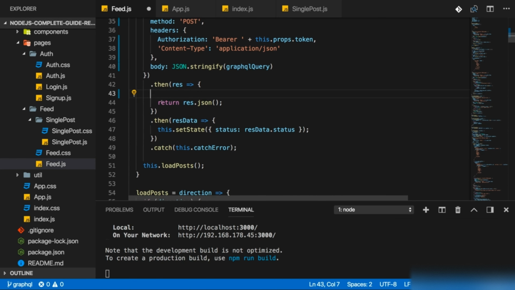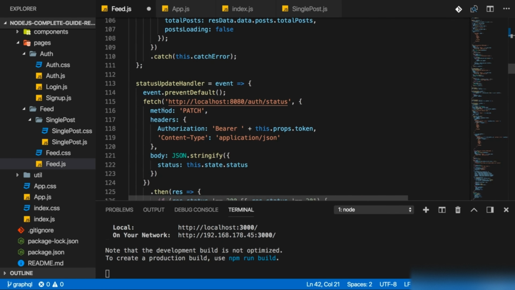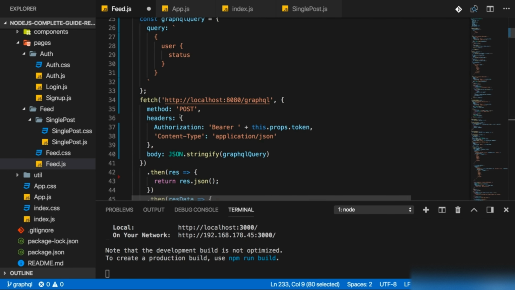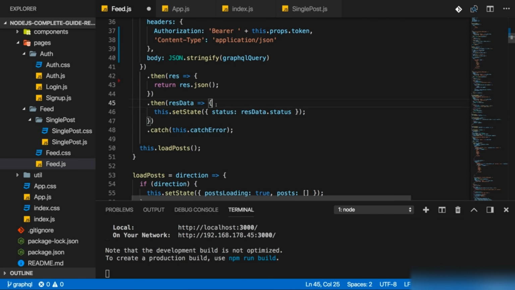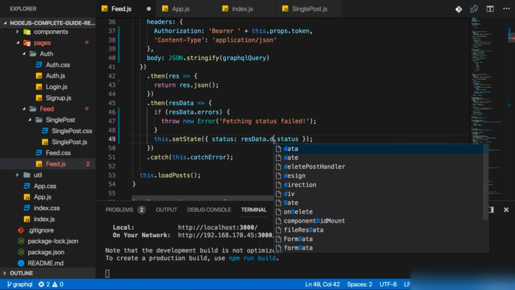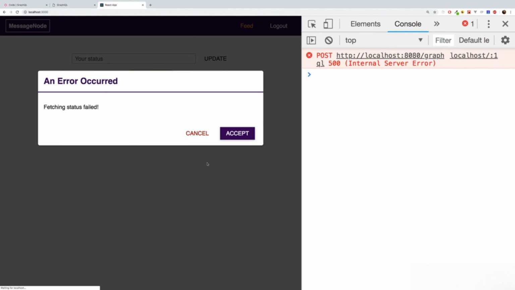Again, handling errors like this will not work. Let's instead grab the code we have below here, where I just check for the existence of the errors object after parsing the request body. So here, Fetching status failed would be my error message. And when I extract the data, I need to drill into the data field and then the status field. Now, if I save that and I reload,